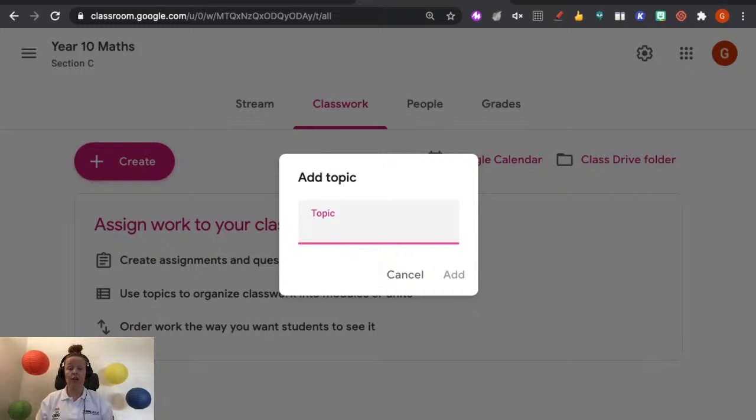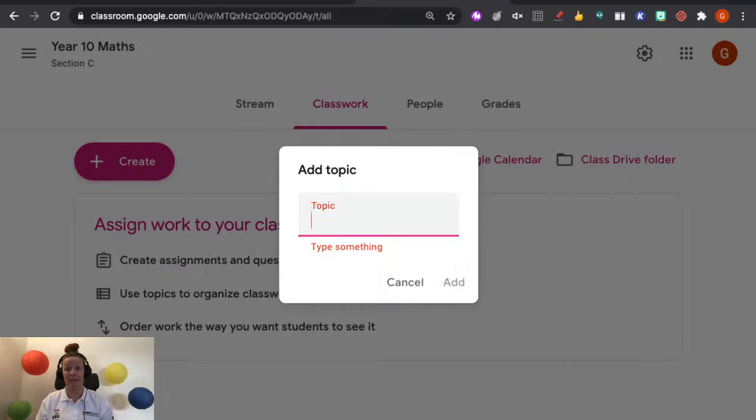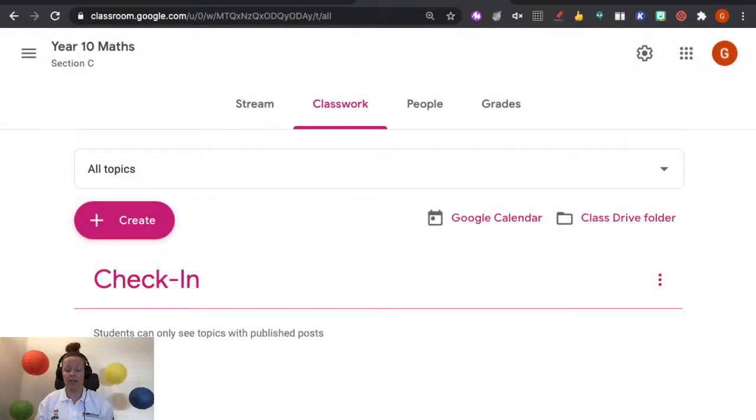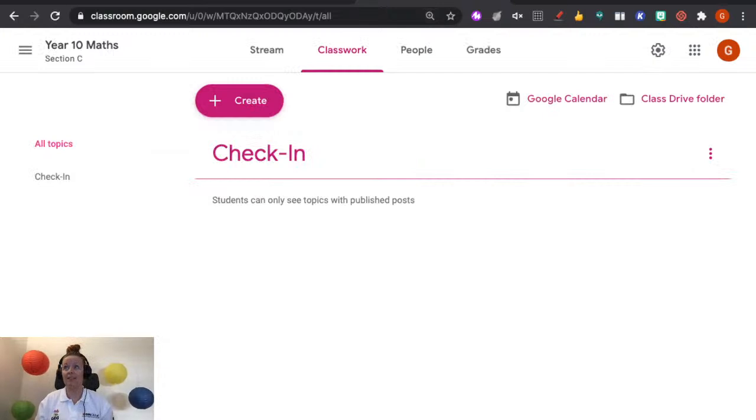But basically, you would enter a topic. So we'll start with registration, for example. So if you want to do a registration, or you might want to call it, for example, check-in, because if you're in blended learning, that will be a nice opportunity for you to connect social emotional learning and have some creative activities there. So we'll click check-in to add first. So now there is a check-in topic on the left. I'm just going to make that a bit smaller so everybody can see. You can see that check-in is highlighted on the left underneath all topics,